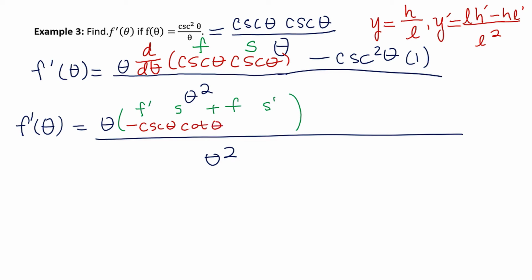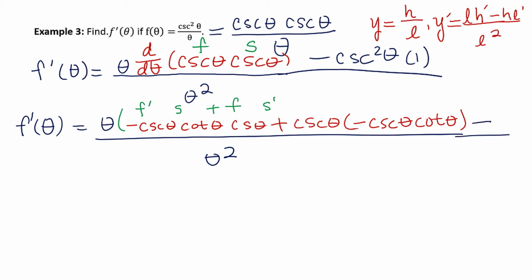Then we multiply it to the second function, which is just the cosecant theta. Continuing, then we have plus the first function is cosecant theta. Then we need to take the derivative of the second function, which is cosecant theta. So that's minus cosecant theta, cotangent theta, and we still have